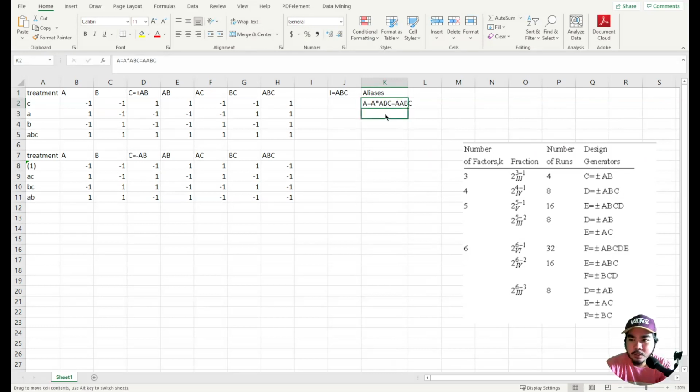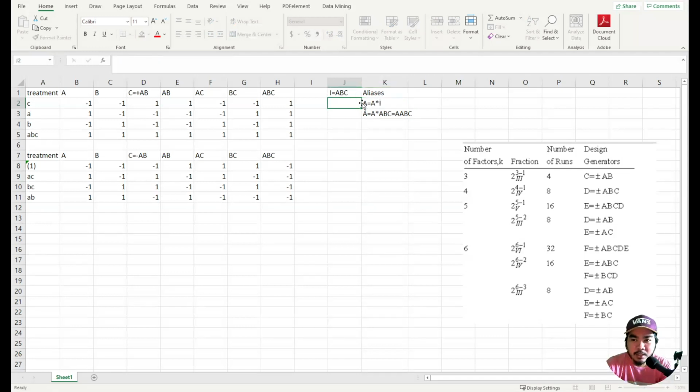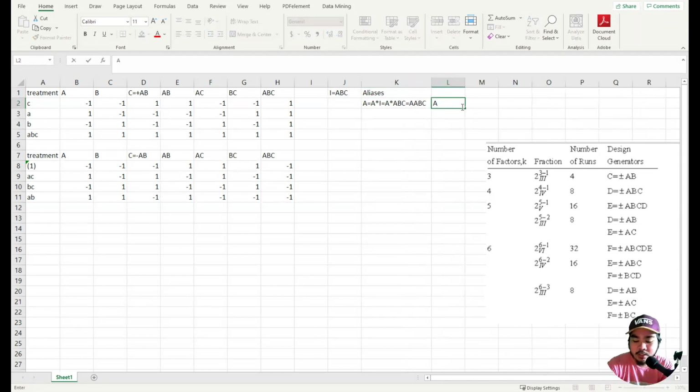Let me take it one more step. What we did is A is equal to A times I. Since I is equal to 1, then A is just equal to this A right here. Tama? So that's why it became like that. Maybe I can write it as one line to make it clearer. A is equal to A times ABC, therefore equal to AABC. So if we simplify this, we get A is equal to